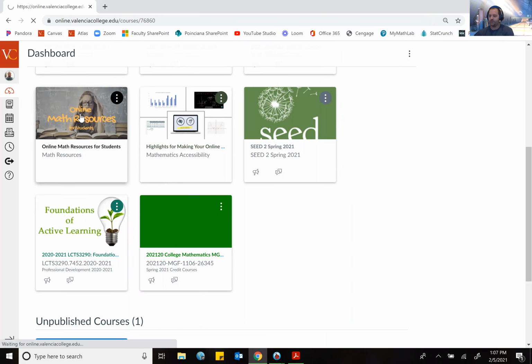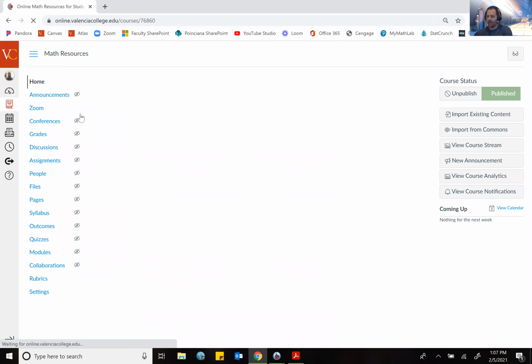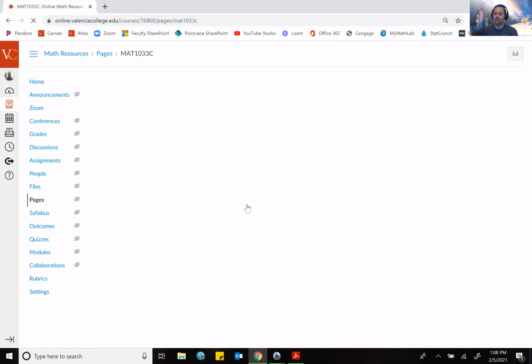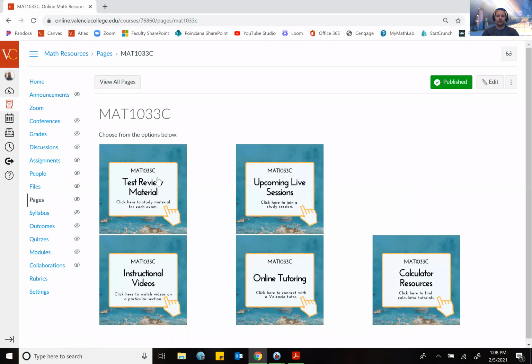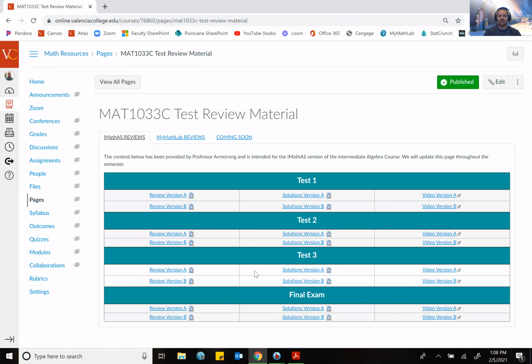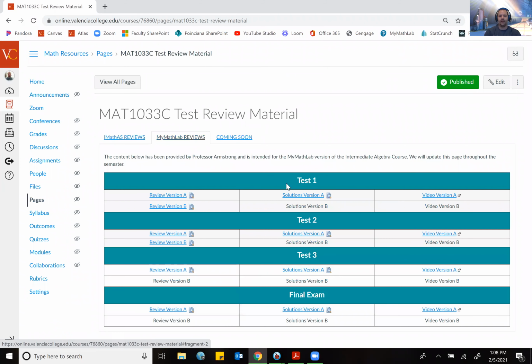Open that up, and then you will open up the dashboard for our course, which is intermediate algebra. And from there, right in here in test review materials, you can see that this is the old iMath AS, so ignore those. We don't want those. But if you come right over here and you click on My Math Lab Reviews, you